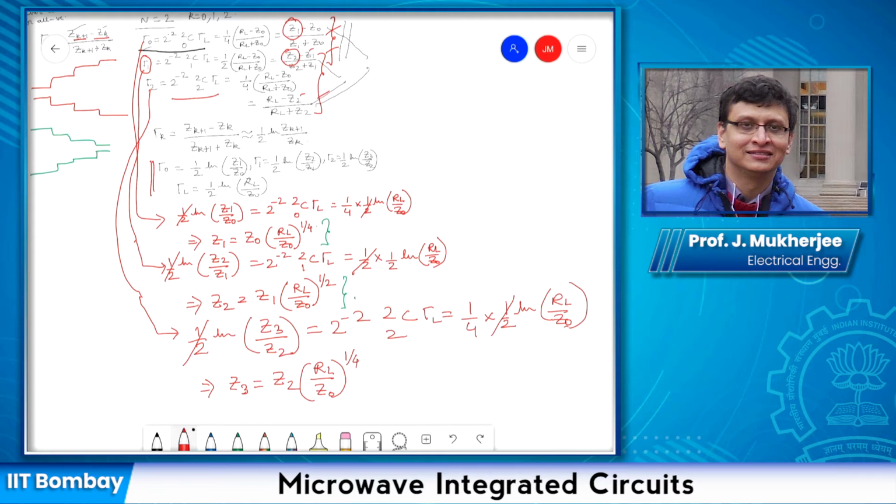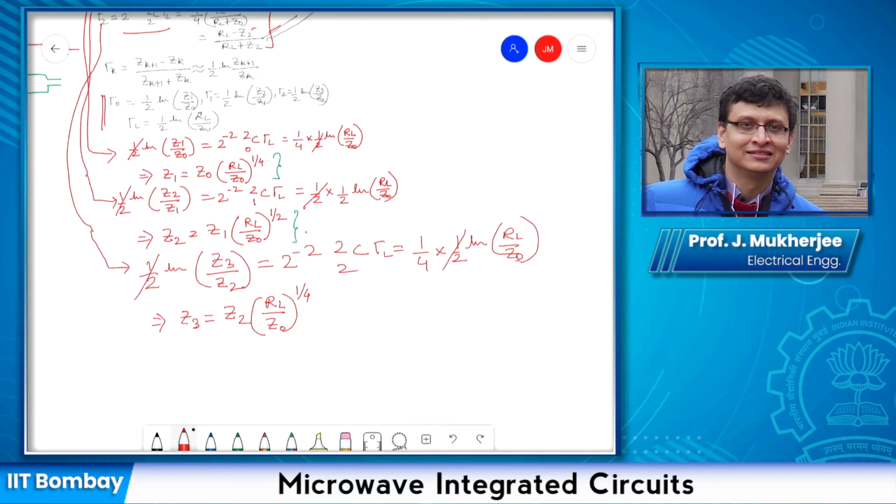1 by 4. Now, in order for all three equations to give a consistent solution, if I substitute the value of Z2 that I obtained from this equation and put it here, then the left hand side and right hand side should match. Let us see whether that is happening or not. So I substitute this value of Z2 here, and I get